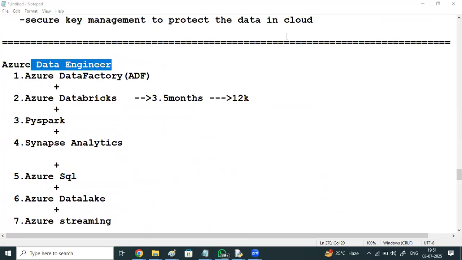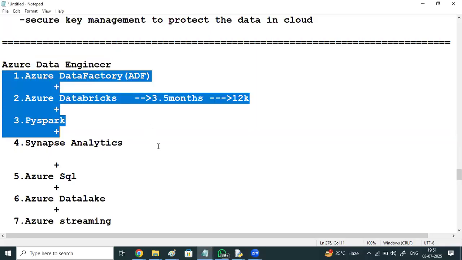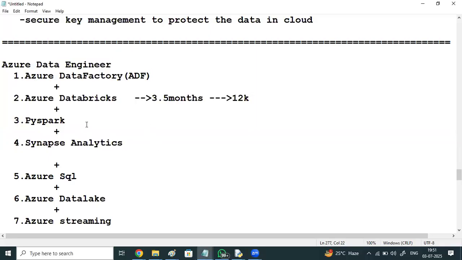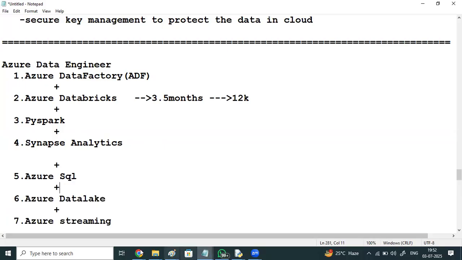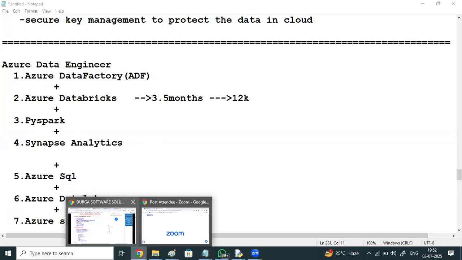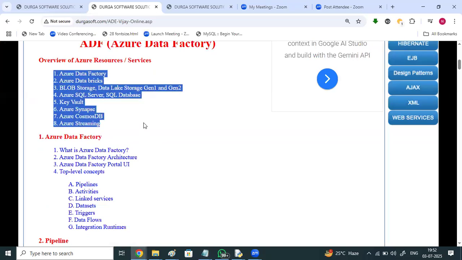Yes, Azure Databricks, PySpark, and Synapse Analytics. These four things I'll be discussing in brief: Azure Data Factory, Azure Databricks, PySpark (entire PySpark will be included in this), and Synapse Analytics, right? And apart from this, you'll be getting knowledge on Azure SQL, data lake, and streaming. So just to have a look at this course content in brief, we'll be discussing all these services overview